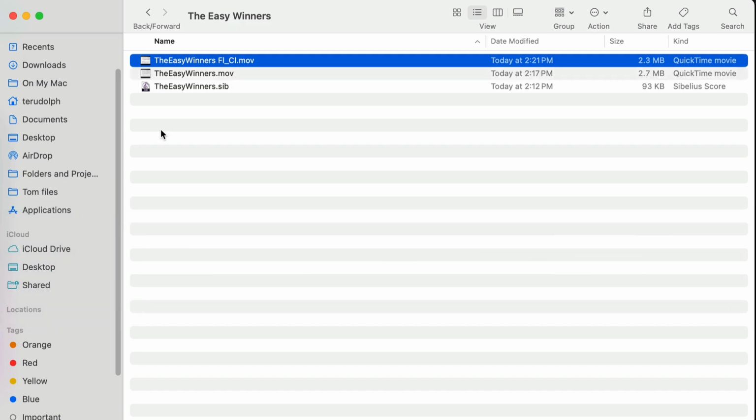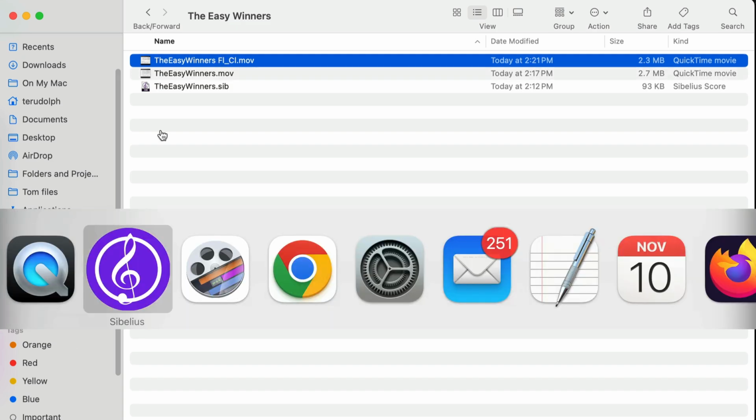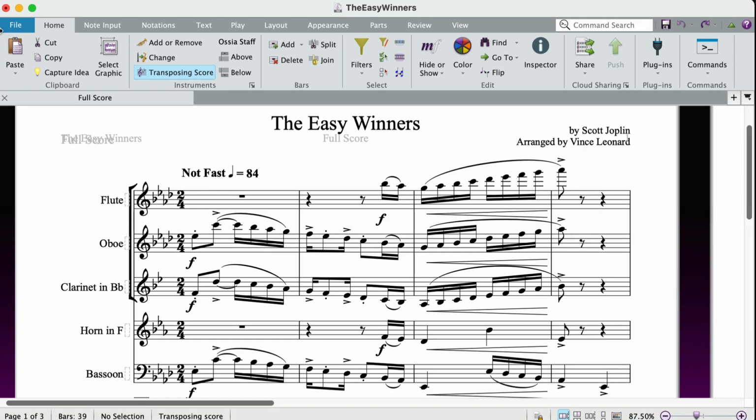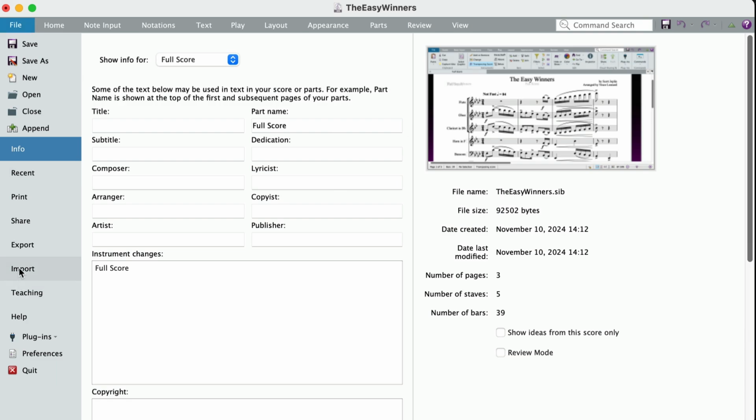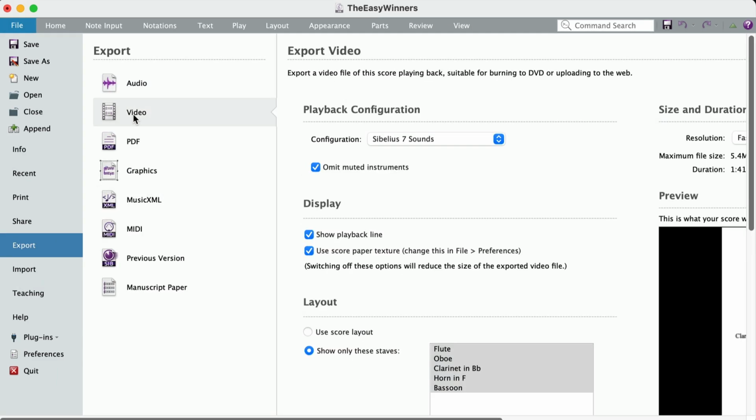And when I go back to the folder, now I have another file. So you can continue to do that, exporting your parts for individual players. This can be great if you're working with students or if you want to share specific parts for display, but